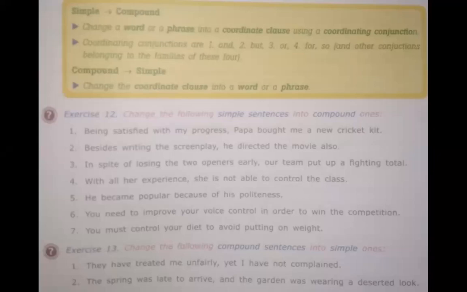Note it down, everyone. Once again, I'm repeating, the spring being late to arrive,